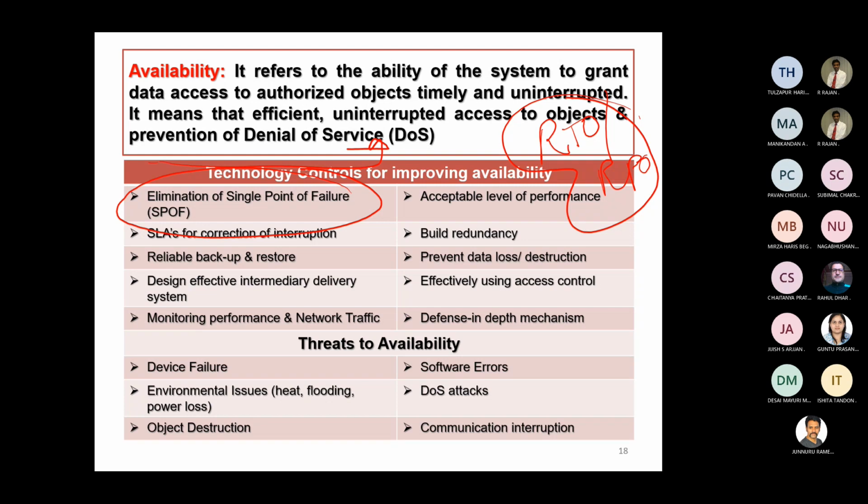The only mechanism by which a denial of service attack can be mitigated is to have an equivalent system kept running somewhere else outside the environment, so that you can disconnect the main source which has suffered the denial of service attack, and then the replicated system is brought up and running. So that's the whole objective here. You have to keep building redundancy, and you have to ensure a strong, reliable backup mechanism and restoration mechanism is available. Never ever use free software for reliable backup and restore.